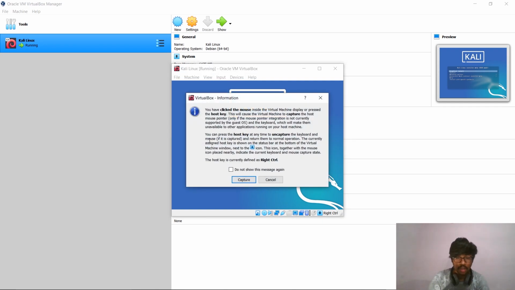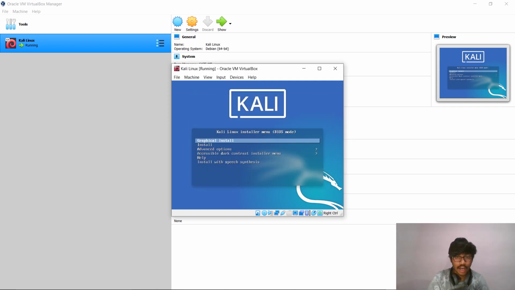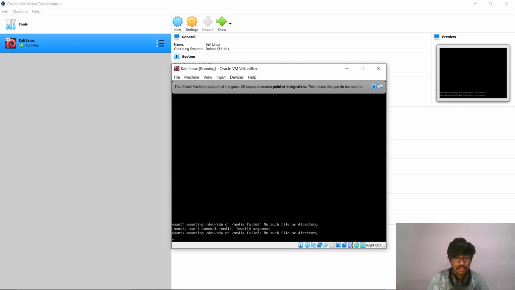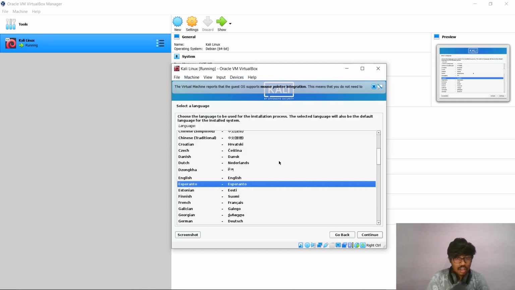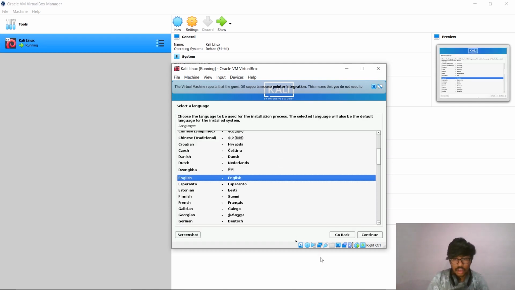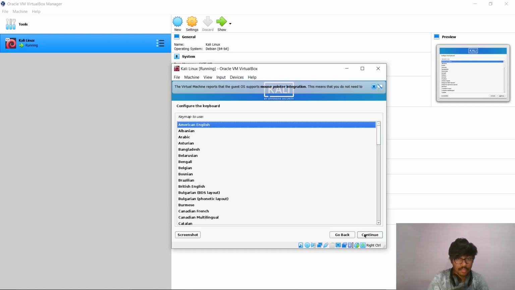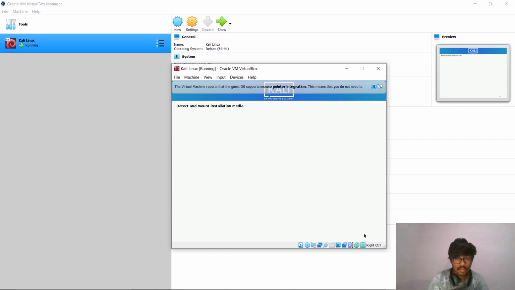Choose graphical install. Click on capture if that pops up, press enter. Select English and click on continue. Leave everything as default. This may take some time, like 10 to 15 minutes.